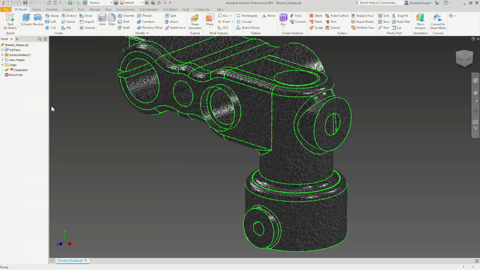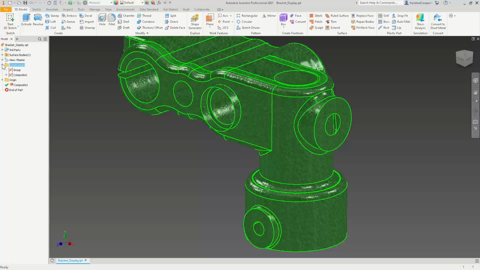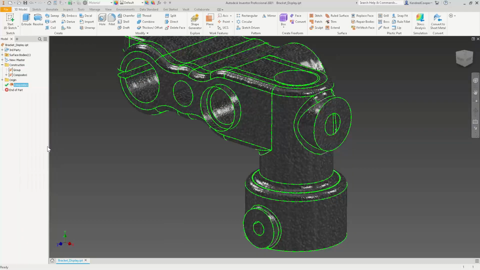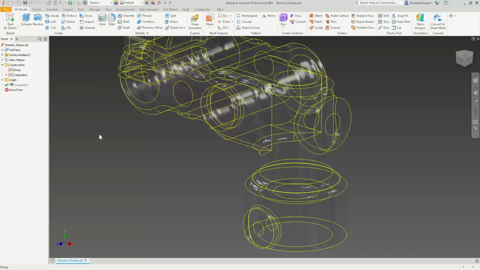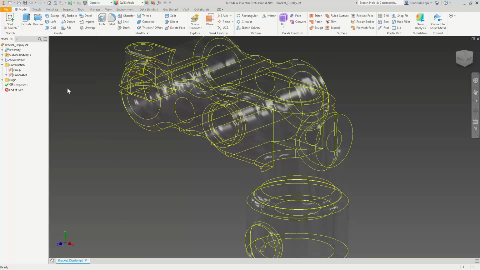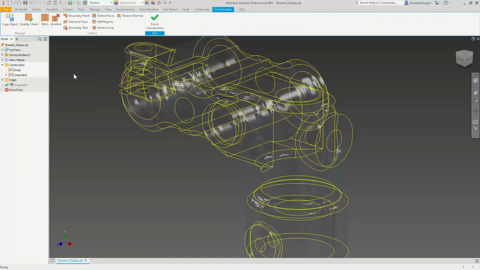When I copy this to the construction, there's a new folder that shows up in the tree called construction. Now, this is the older environment that we've had in Inventor for a long time. In order to get in here and make edits, the first thing you want to do is take your original composite and turn off its visibility. You want to get that out of the display, get it out of the clutter, so that now you're only looking at the geometry that was copied to the construction environment. The way you get in here and make changes, you double click on that construction folder, that takes you into